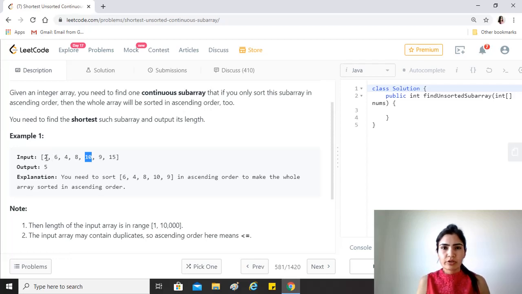It means it's already in its right position. But 6 is greater than 4, right? So that would mean that this is the index from where our subarray would start. And similarly, when we look for 10, values which are lesser than 10, right? 15 is not less than 10, but 9 is. So it means 10 would come over here, and that is why this would need to be shuffled,